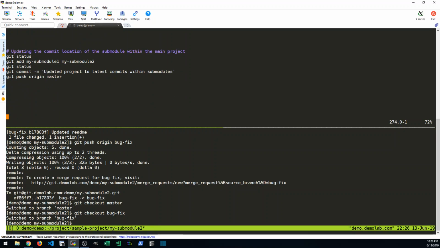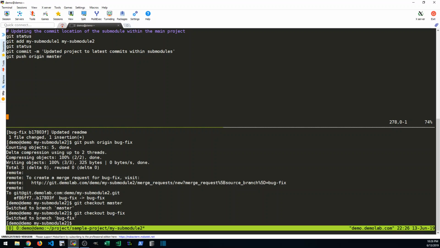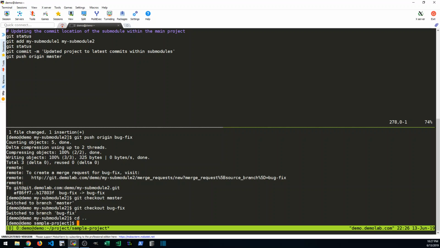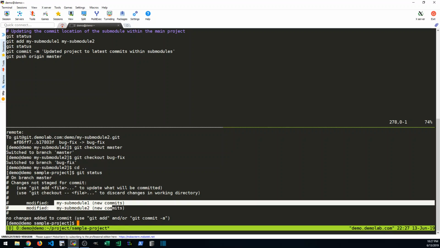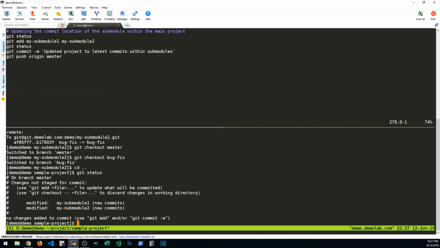Okay, now that we've made changes to our submodules, one thing to keep in mind is that the submodules are now ahead of our sample project. In this instance, our sample project has the right information because we made the changes here, but that's not always going to be the case, especially if we have references to projects that we may not be able to commit to ourselves. If we take a look at the status, we can see that these submodules are now showing as unstaged because we've made changes to them. They show new commits because it is keeping track of the changes we've made. So we more than likely need to check these in as well,